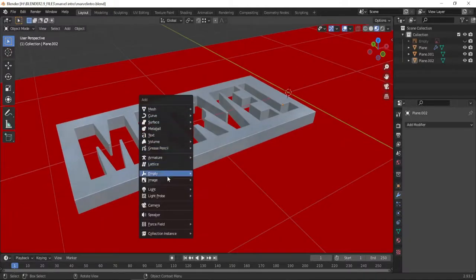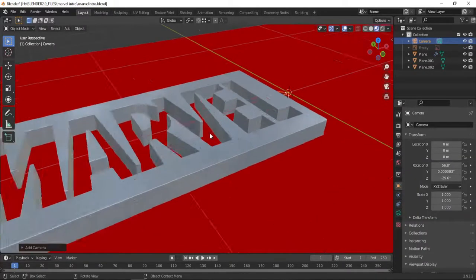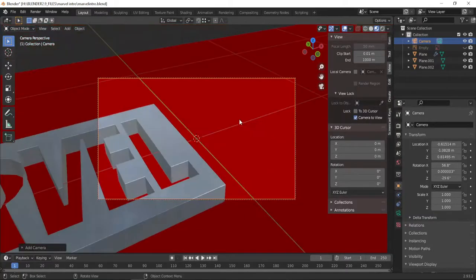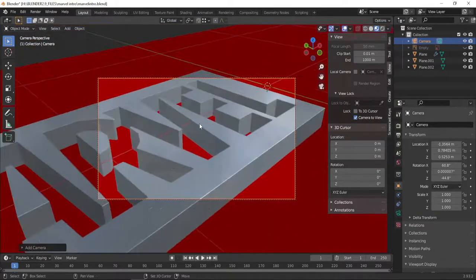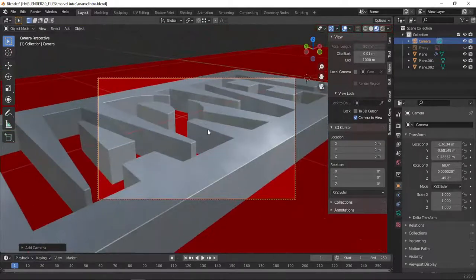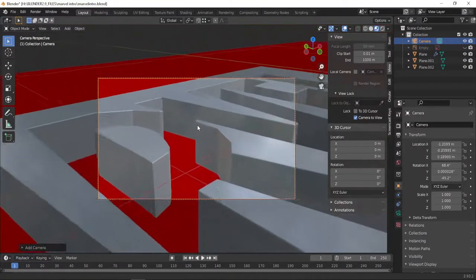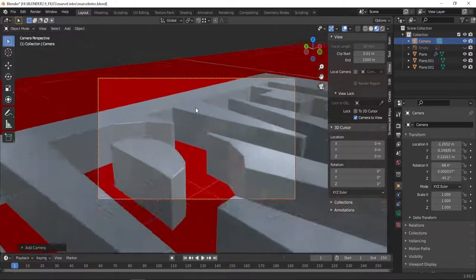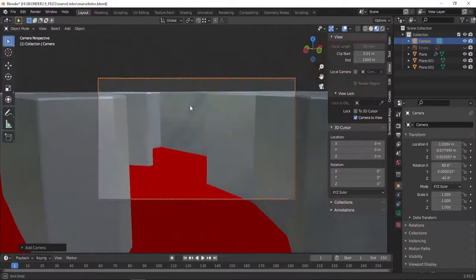Press Shift A, add a camera. So now we are going to animate the camera movement according to the video. So place the camera according to what I am doing here. Now if you are new to Blender, you will get confused.